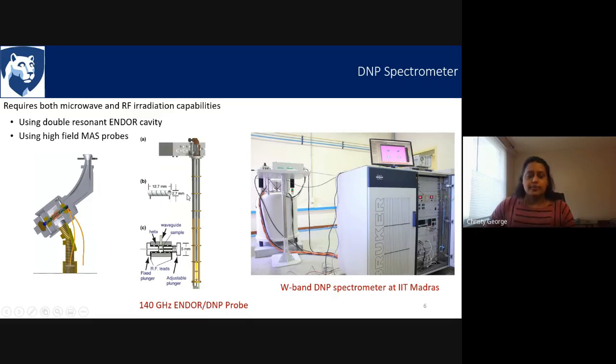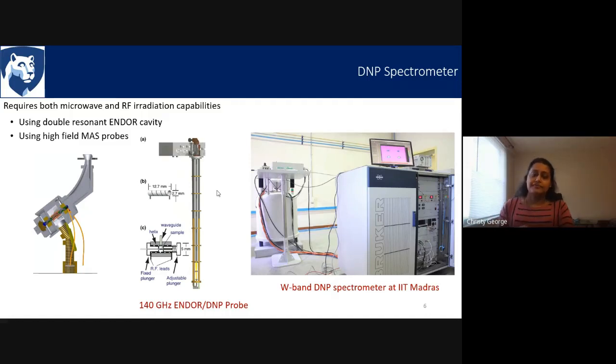The problem with a double resonance cavity is that as we go to higher and higher frequency, the cavity size goes down. For example, at X band, which corresponds to an EPR frequency of 9 gigahertz and an NMR proton resonance frequency of close to 15 megahertz, we can use an NMR tube of sample size 4 millimeter. But by the time we reach W band, which is an NMR resonance frequency close to 145 megahertz, the tube size reduces to less than 1 millimeter. So as we go to higher and higher frequency, the cavity size becomes incredibly small.